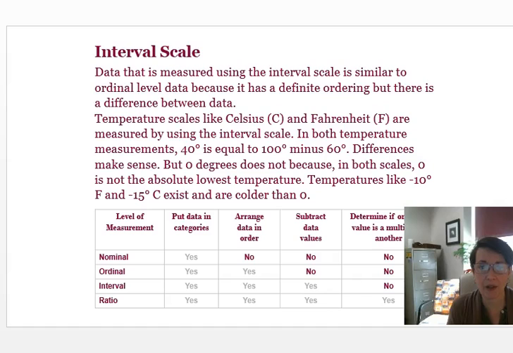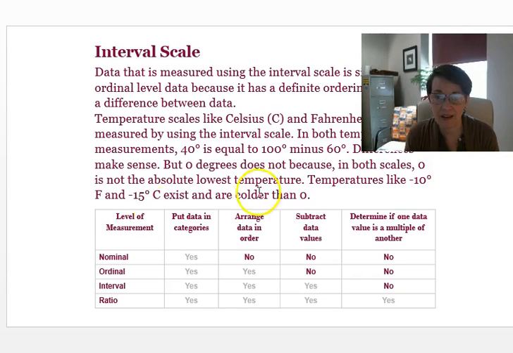So if we talk about temperature scales, they're measured by using the interval scale. And temperature measurements, 40 is equal to 100 minus 60. Differences make sense. But 0 degrees does not make sense if we're talking about the 2 different scales. It's not the absolute lowest temperature. There are minus 10 degrees, minus 15 degrees that are colder. So interval scale